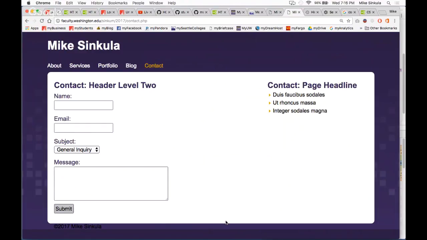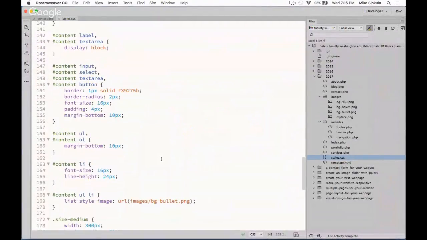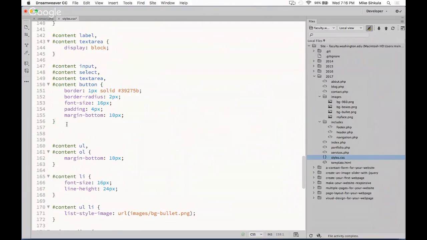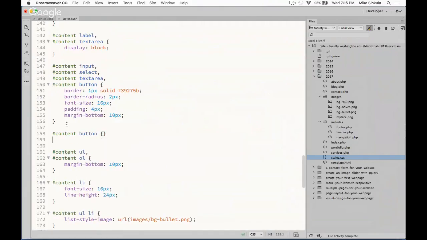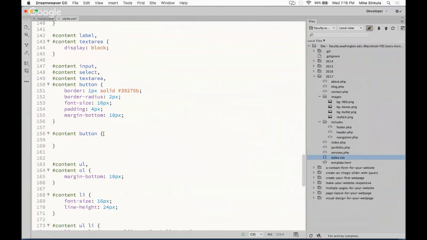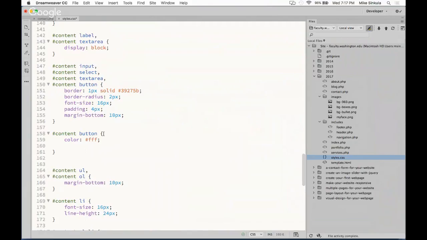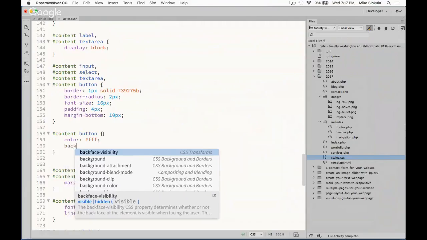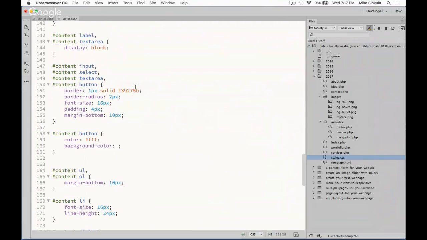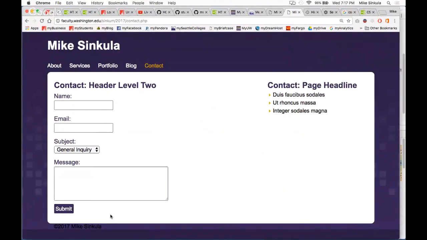Okay. And what I want to do then is, as well, contents button color. I'm going to make the text left for whites and color. Use the good old purple. Okay, so that looks more like a real submit button, doesn't it? So now,